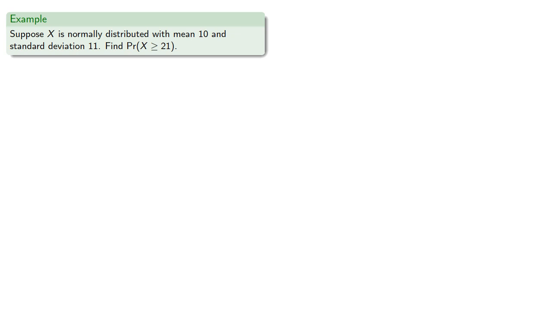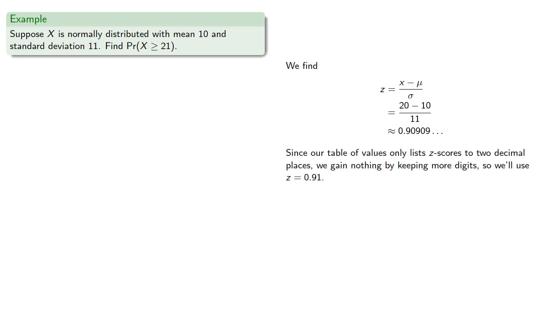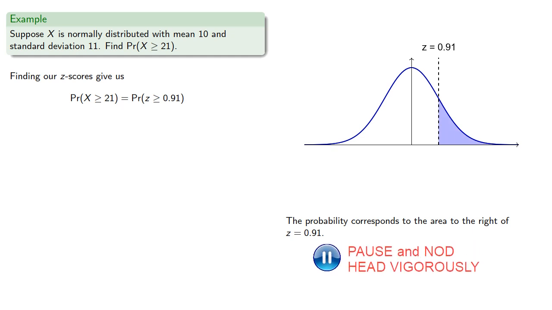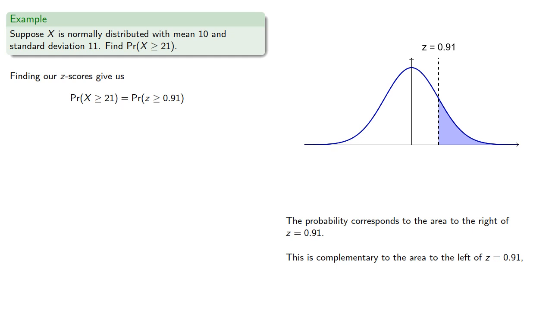Or let's consider another problem. So we'll find our z-score. So that's x minus the mean divided by the standard deviation. And so we find. Now, since our table of values only lists z-scores to 2 decimal places, there's no real point in keeping anything past those 2 digits. So we'll use z equals 0.91. The probability corresponds to the area to the right of z equals 0.91, which is complementary to the area to the left of 0.91. And so we find